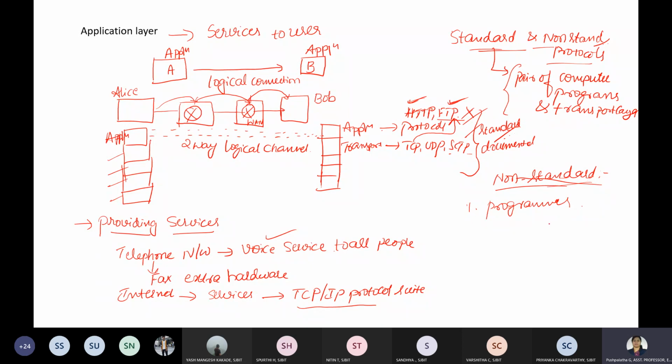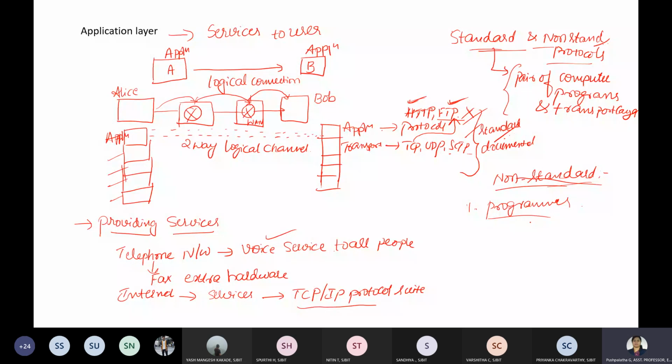That becomes a non-standard protocol. That means it is used privately; it is designed by an individual user, and it may be popular worldwide on the internet, but it is privately used.